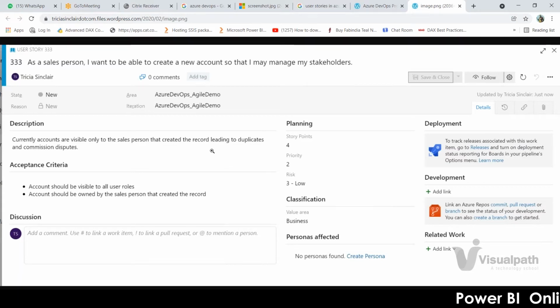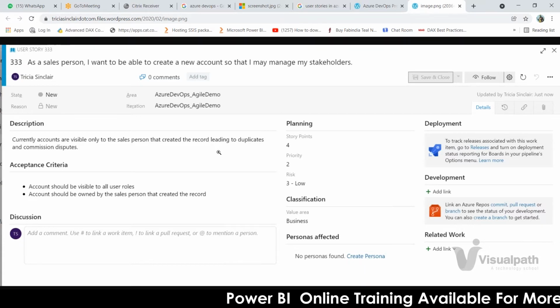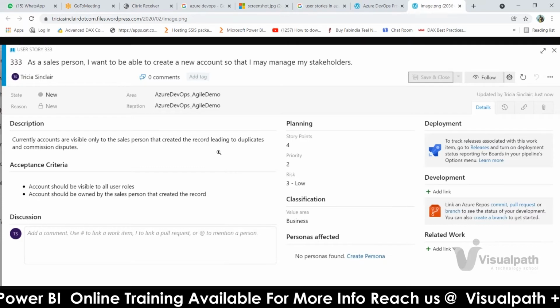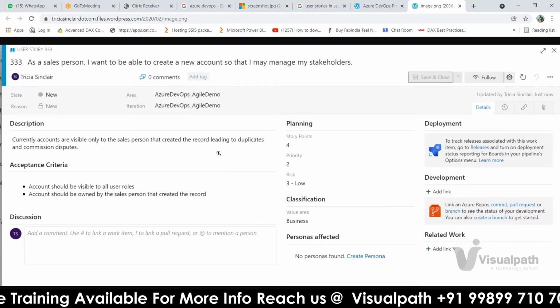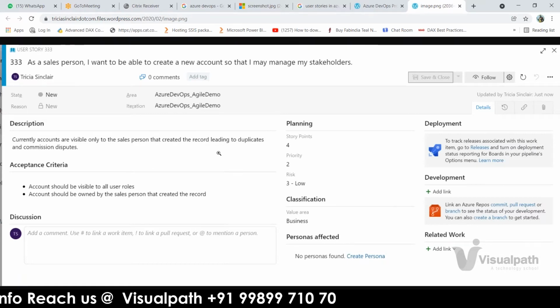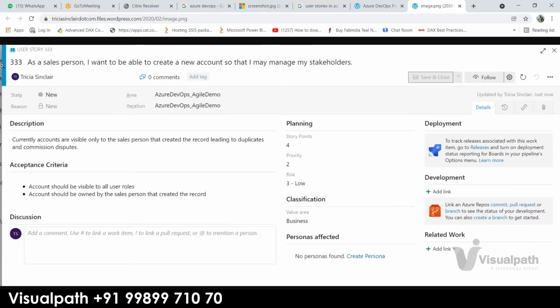Before signing off, you have to update your DevOps: as you have worked 8 hours, you minus that 8 hours in the hours section, 32 minus 8, so 24 hours left to build this user story.